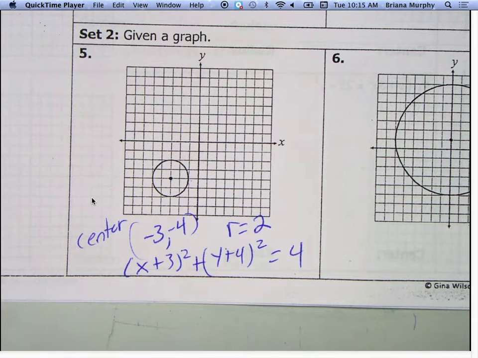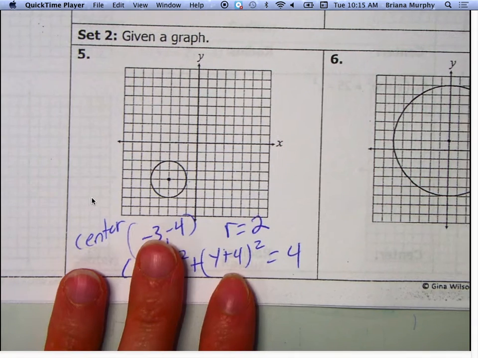Okay. Allison? First radius was 2. Okay, because the equation says the radius squared. So when we stick it in, we have to square it. Okay? All right. I'm going to move on